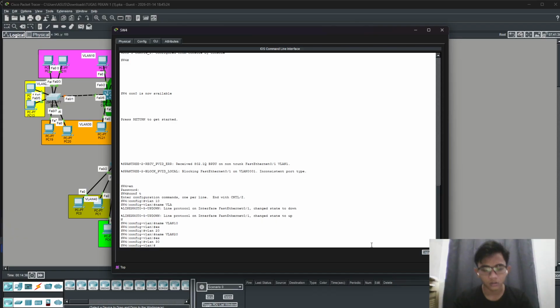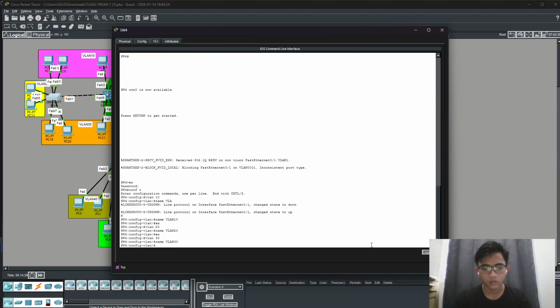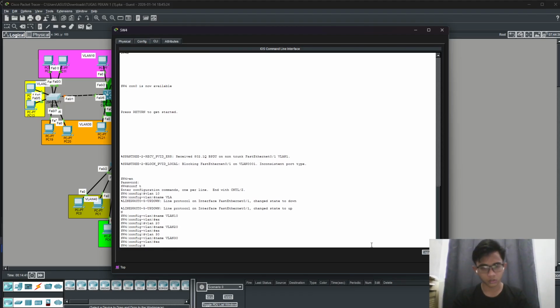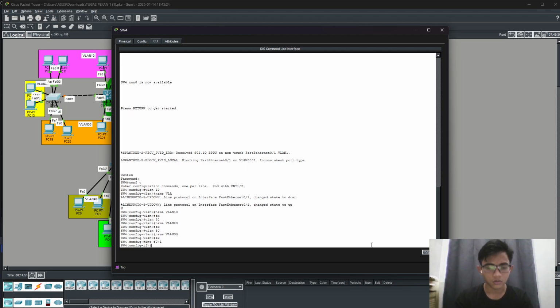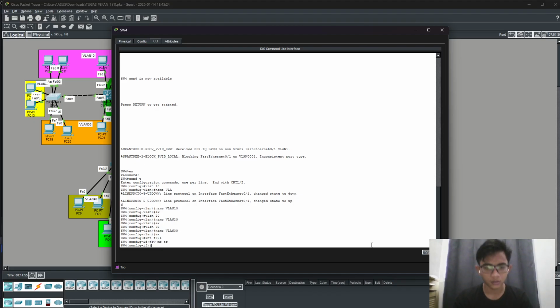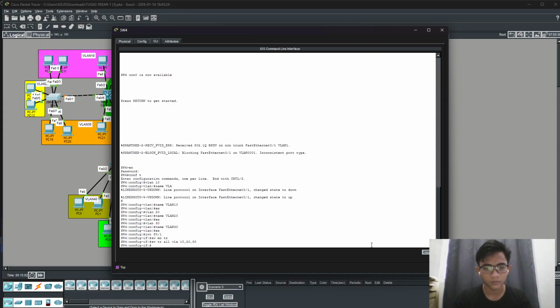VLAN 30, name is VLAN 30. Exit. Okay. Now we will enter interface 0/1 that's connected to the MLS first. So switchport mode trunk, switchport trunk allow VLAN 10, 20 and 30.